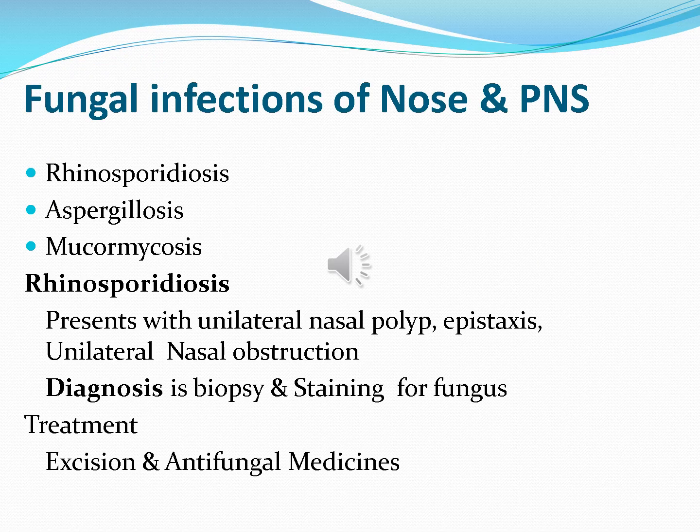Now we come to the fungal infections of the nose and paranasal sinuses. It includes rhinosporidiosis, aspergillosis and mucormycosis. Rhinosporidiosis is usually seen in lower socioeconomic groups, and the patient will present with a nasal polyp that can be mixed up with an antrochoanal polyp. The complaint of the patient will be unilateral nasal obstruction and unilateral epistaxis. Diagnosis is made when you send the specimen for histopathological examination.